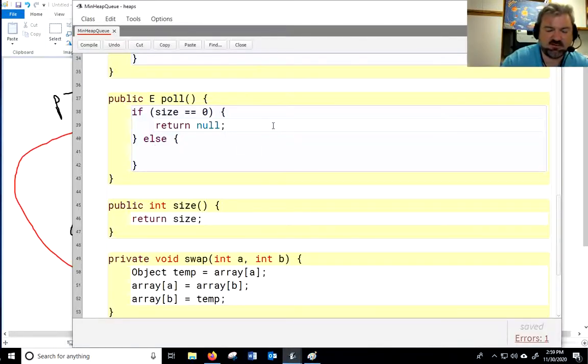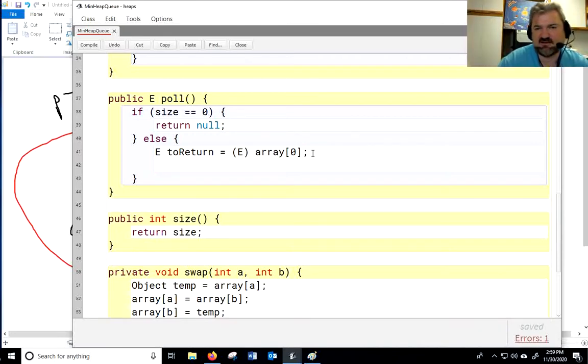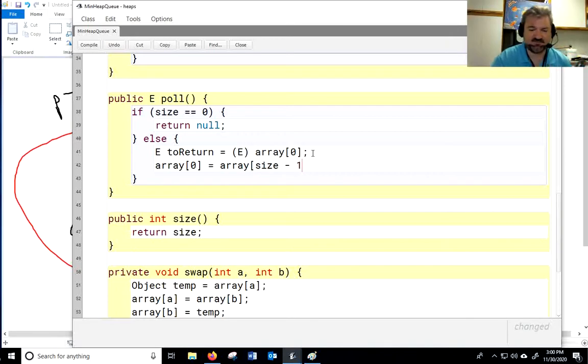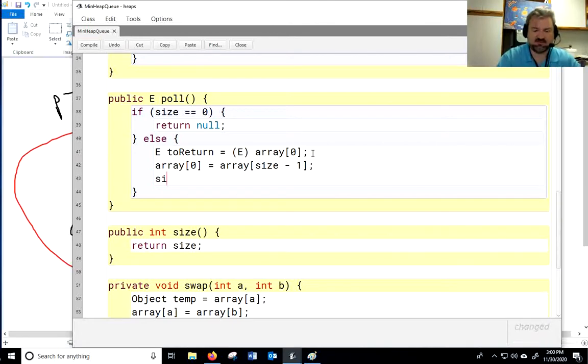We're going to have to be real careful with how we do this. So I'll say E toReturn is equal to array[0], and I'll go ahead and cast it as an E right now. There we go. So that's what we're going to return, but we've got to erase it. The very last element is at index size minus 1. So I'll simply say array[0] gets array[size - 1]. We're not actually removing what's in size minus 1, but when we decrement the size, we'll definitely no longer have access to it. So now that that's happened,